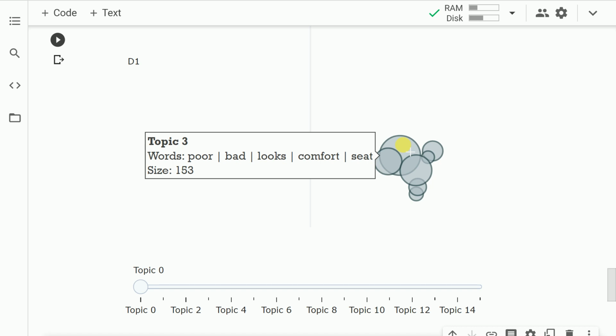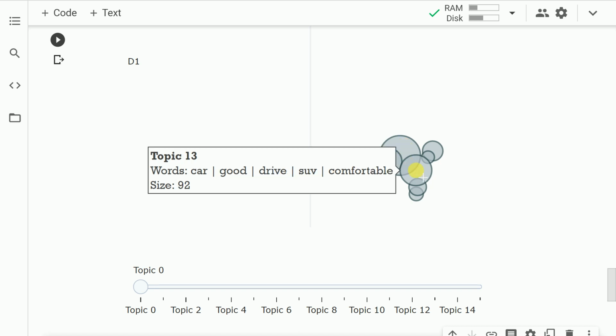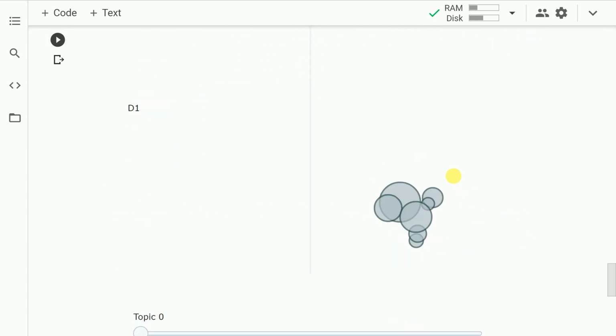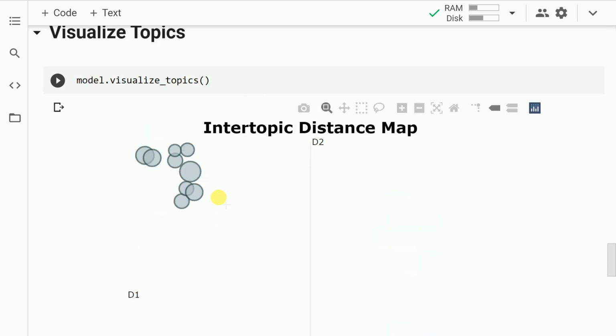So some of the models of the car variant are not very good in terms of looks. Topic 13 highlights that the car is comfortable. So that is what I can infer here. So this is one cluster of the topics that were clubbed together, and I have the second cluster here.